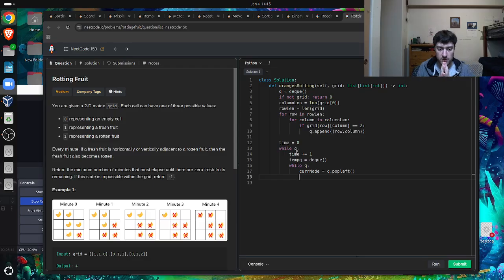Do I need a visited array, or can I use the number itself as visited? Because the only time that something could be unvisited is if it's a 1, right? And every time I visit it, it's actually going to change it to be a 2. So I can use that in itself as a visited marker. So I can maybe say if